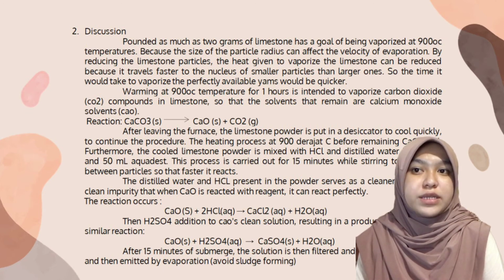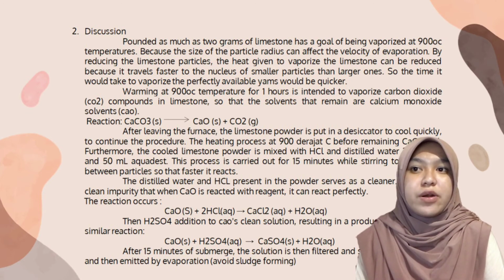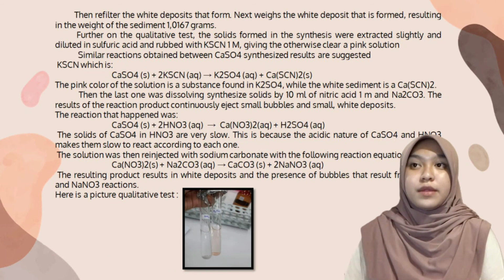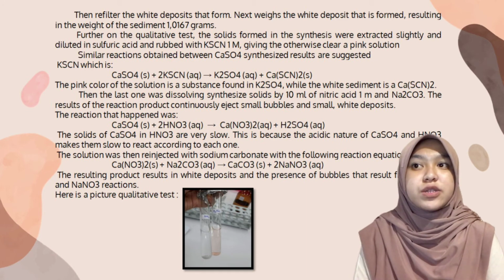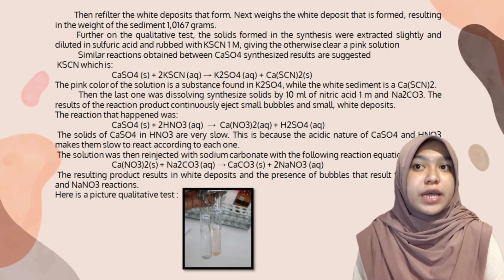Then H2SO4 addition to the CaO clean solution results in a product of CaSO4 with a similar reaction: CaO plus H2SO4 produce CaSO4 plus H2O. After 15 minutes of soaking, the solution is filtered and separated by filtration and then evaporated to avoid sludge forming. A similar reaction is obtained between the CaSO4 synthesis result and KSCN, which is CaSO4 plus 2 KSCN produce